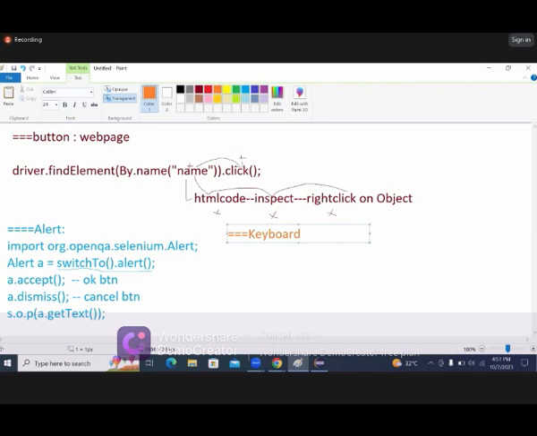I mean, if you want to perform any activity with the help of keyboard actions, how exactly can we take care of performing those keyboard actions here? That is what we need to understand. So for that,